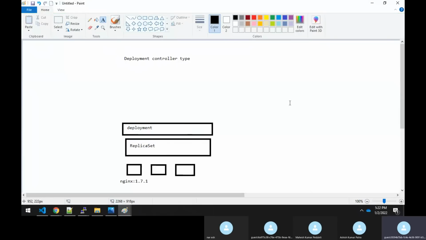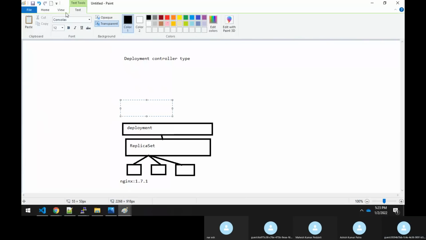Now you say that, and this deployment has the endpoint of this replica set. Connectivity will be between the deployment and the replica set, as well as under the replica set, where all these pods are getting connected. That means all the endpoints will be there within that replica set, right? And you know very well that on top of the deployment you want to have some kind of a service.